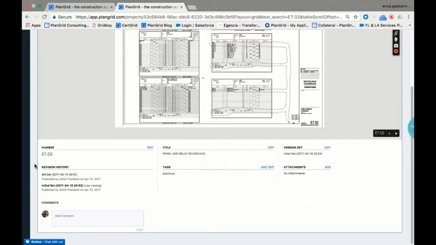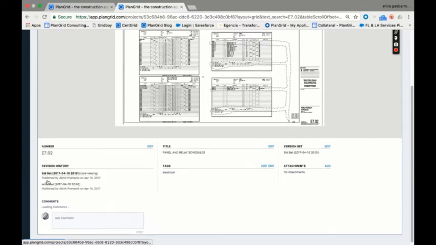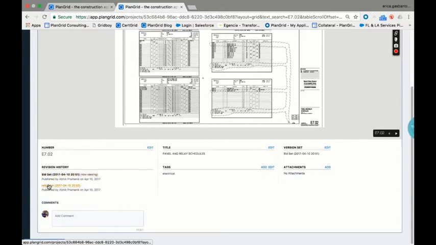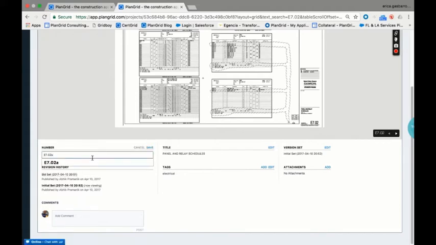So first thing I'm going to do when I get here is just view which sheet we're looking at, make sure they all have the correct sheet number, and it looks like E7.02 is correct. So I'm going to just change one of these to E7.02A, click Save, and I'm going to change the other one too. Now, what I'm doing here is I'm just breaking up the E7.02 sheets,